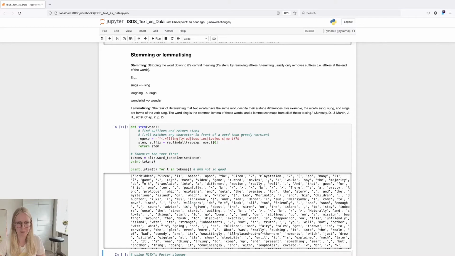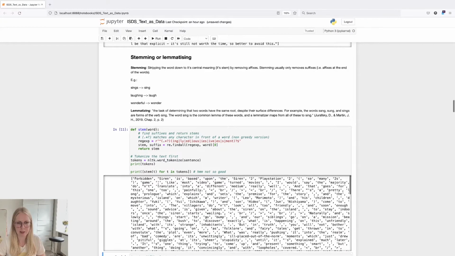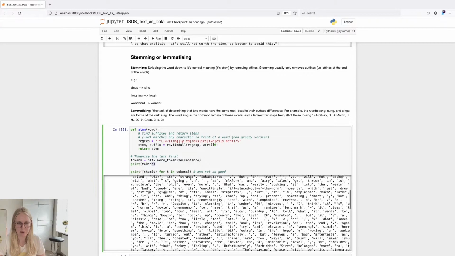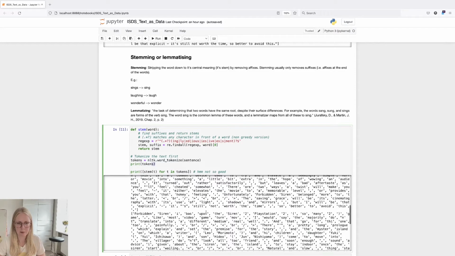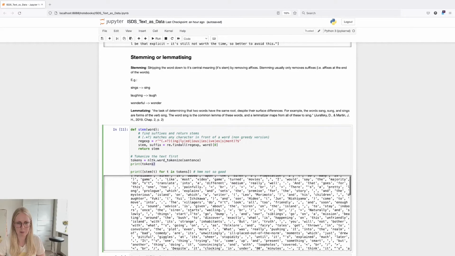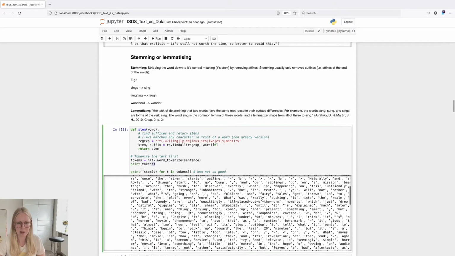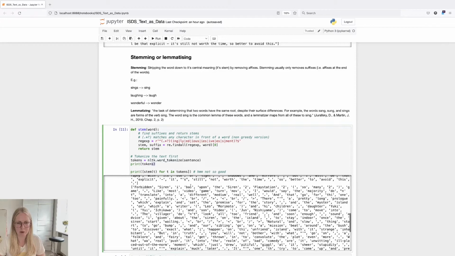And firstly here I'm printing the tokens. And we'll see, for example, that the word based has now been changed to bas. And this isn't really that good. We also see that the word movies is changed to movi, because this is a very naive way of doing